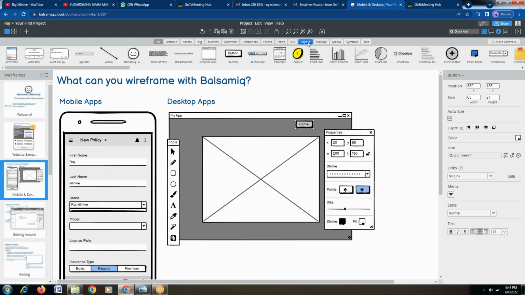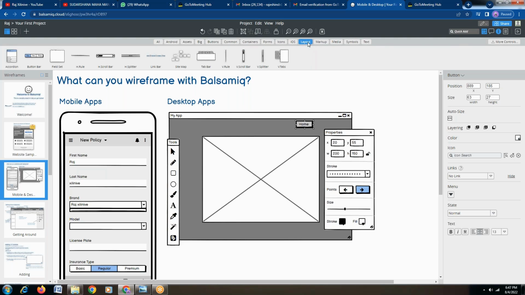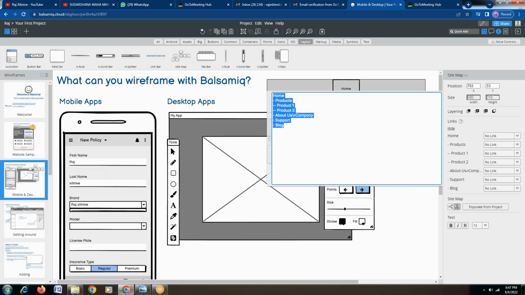At the same time, if you want to create any kind of layouts, for example a sitemap, this can also be created here, whatever is required.